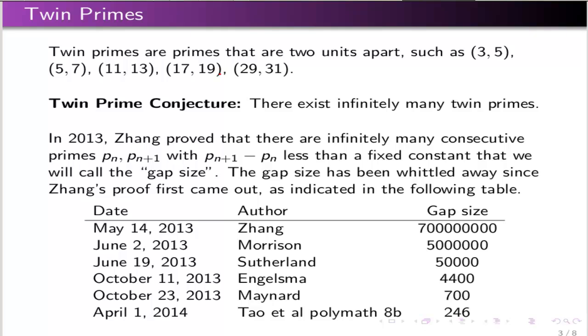How about 41, 43? And the natural question is, are there infinitely many twin primes? And the twin prime conjecture is the statement that there are, in fact, infinitely many twin primes. So this remains an open problem,